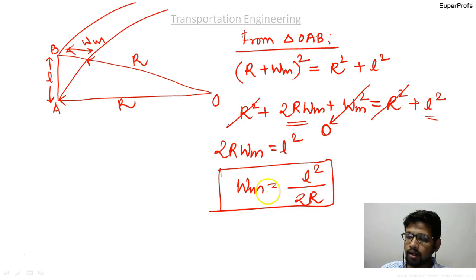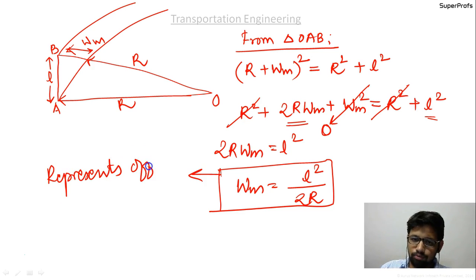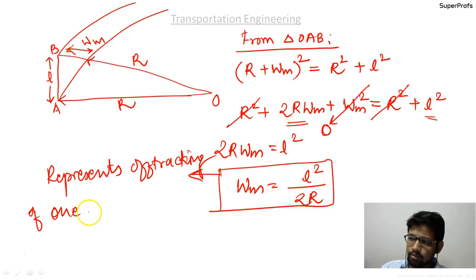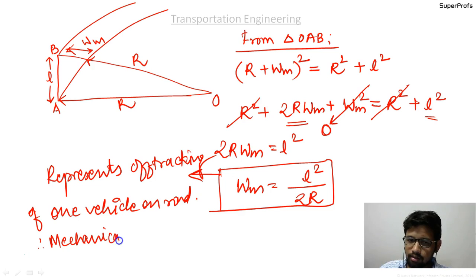So this formula represents the off tracking of one vehicle on road, and therefore mechanical widening